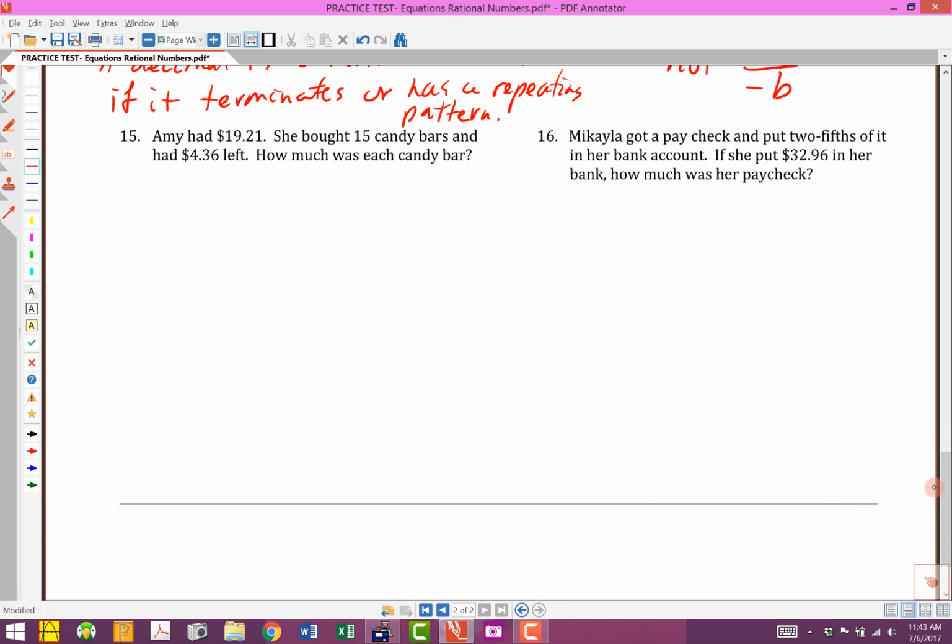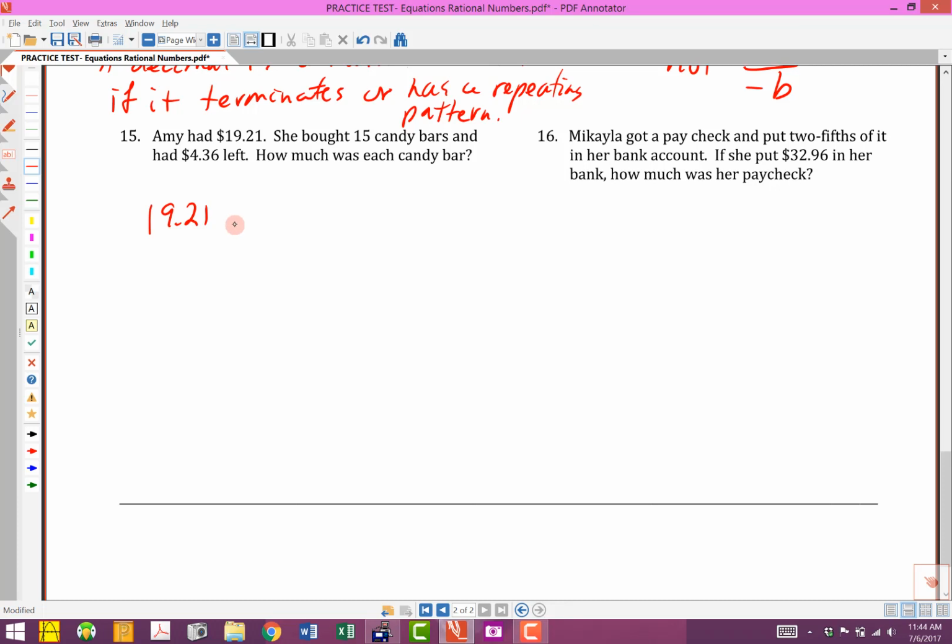So here we'd want to solve these equations. We'd want to write down what happened in the problem, write it as an equation, maybe declare a variable, and then solve that. So it says Amy had $19.21. She bought 15 candy bars and had $4.36 left. How much was each candy bar? So she had